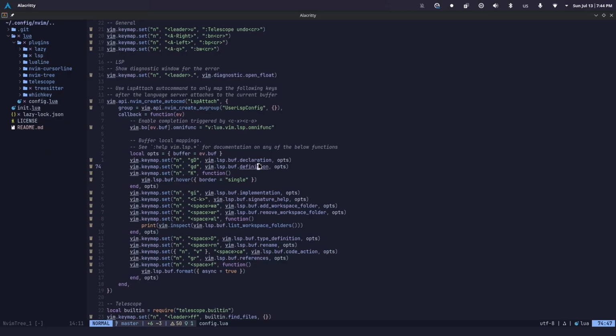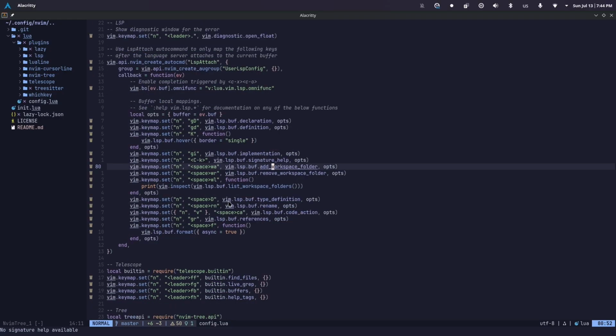So this stuff is like, if I do GD, it can find the definition and stuff, which I can show around in a C function, but again, Shift K that I showed you guys shows this. GI shows the implementation, signature help, Control K, workspace folder. Some of the stuff I don't really use. Type definition,